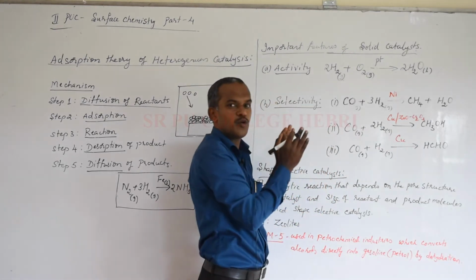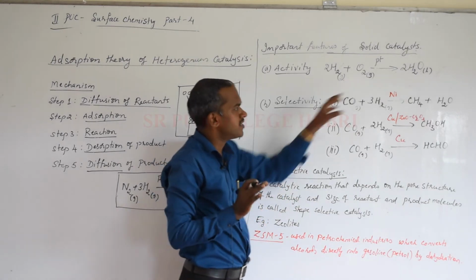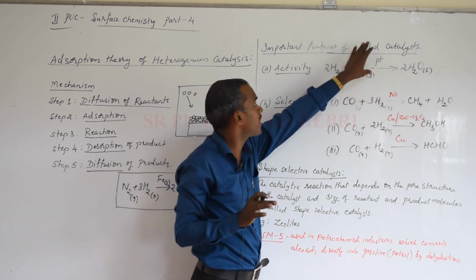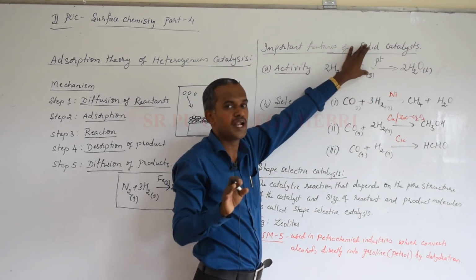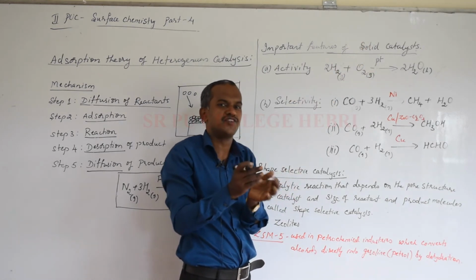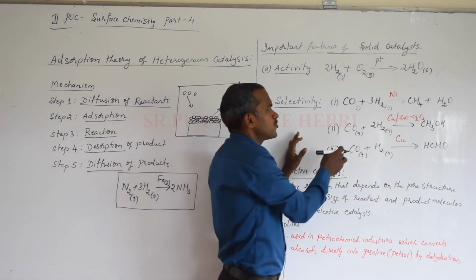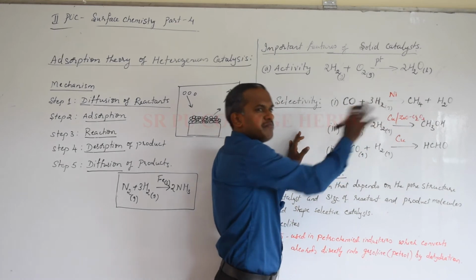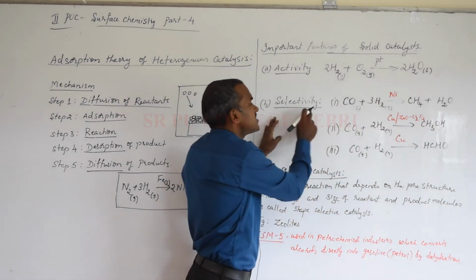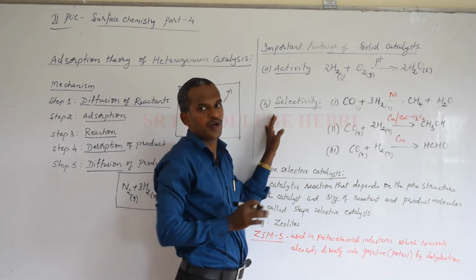From that you can conclude that for all reactions we can't use the same catalyst, or a catalyst can't be used for a group of reactions, like nickel for all of these. I told you earlier about activity: nickel, platinum, palladium can be used for hydrogenation. Such examples are there. When you study enzyme catalysis, bio students studied the role of enzymes in a group of reactions. But here what I wanted to say is that for some reactions only some catalysts work; you can't use the same catalyst for all the reactions. There comes selectivity. Okay, so that is the second feature you have to remember in the solid catalyst.